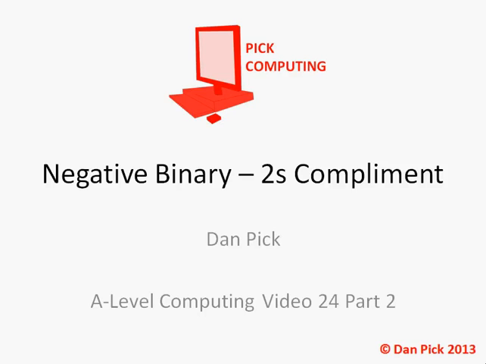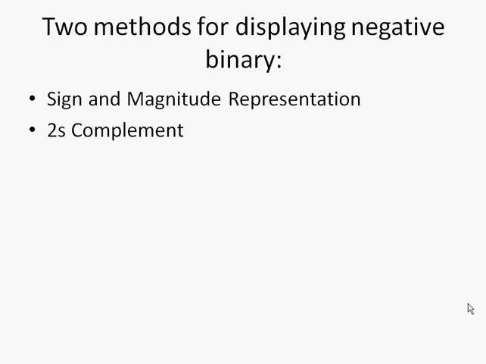This is part 2 of PIC Computing, A-Level Computing video number 24, looking at negative binary, and this time the 2's complement method of negative binary. Now in the first part of this video we looked at the first method for displaying negative binary in computers, which is known as sign and magnitude representation,